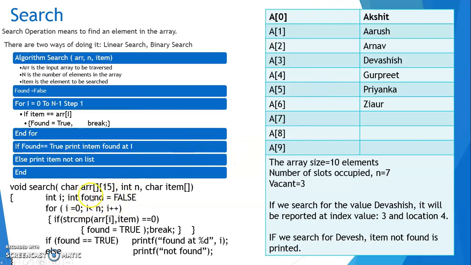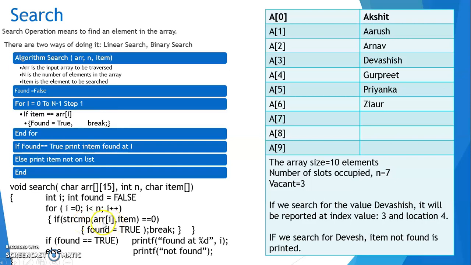These names: how are we creating this list of names? We are creating a two-dimensional array, in which the number of elements is specified by n. The higher dimension can be kept unknown in C language, and the lower dimension for the multi-dimensional array is 15. And char item of size 15 is the item that we are looking for. So we are copying the elements into these arrays from the main calling function. And then in a loop from 0 to n minus 1, we will string compare using the string compare function.